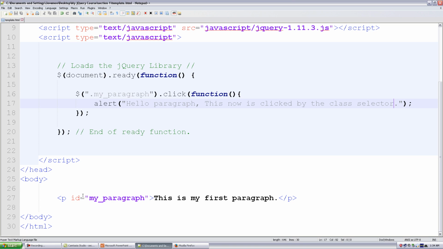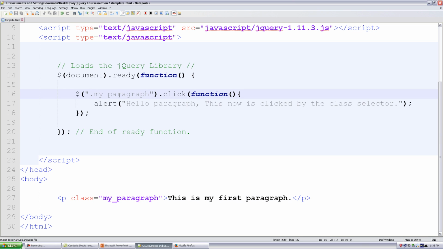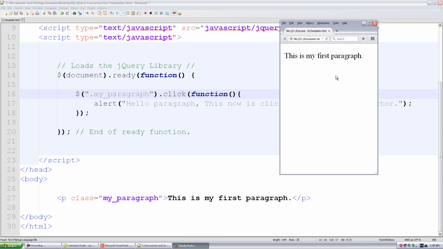Okay, so if we go down to our paragraph element and modify the ID attribute, which is class, and I click save, we should get the same effect but with the alert function. It should say "this now is clicked by the class selector" because we're using the selector class type. So selector type is class, which is just the dot followed by the class name, which is my underscore paragraph,